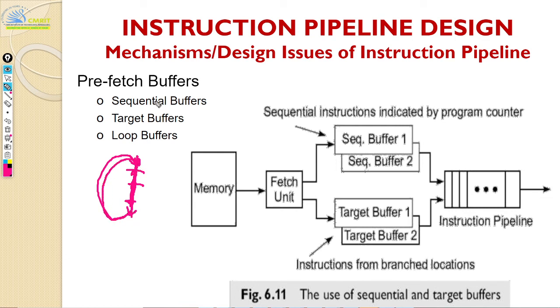So all you need is a sequential buffer and a target buffer. This will be your branch target address, and here it is just PC, right? PC plus 4, PC plus 4, PC plus 4 here. At this point, either it is PC plus 4 if you're done with the loop, or if not, then you're going to have the branch target address. So essentially it is still the same. You can just do well with these two buffers: target buffer and sequential buffer.